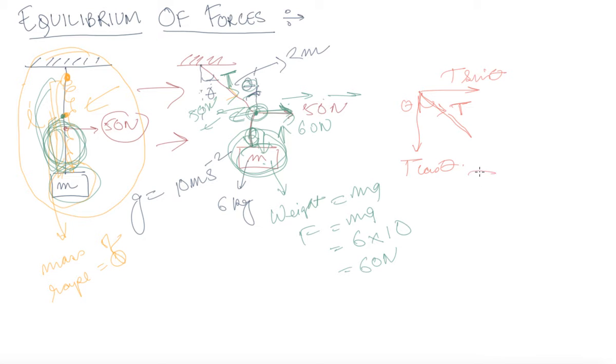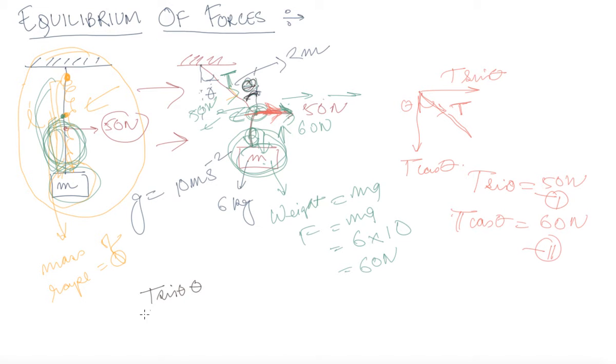Now according to the question, this is the tension T that is experienced over here. T sine theta is equal to 50 Newton and T cos theta is equal to 60 Newton. This is equation 1 and this is equation 2. Now you need to find the angle theta. By calculation, if I divide equation 1 by equation 2, I will get